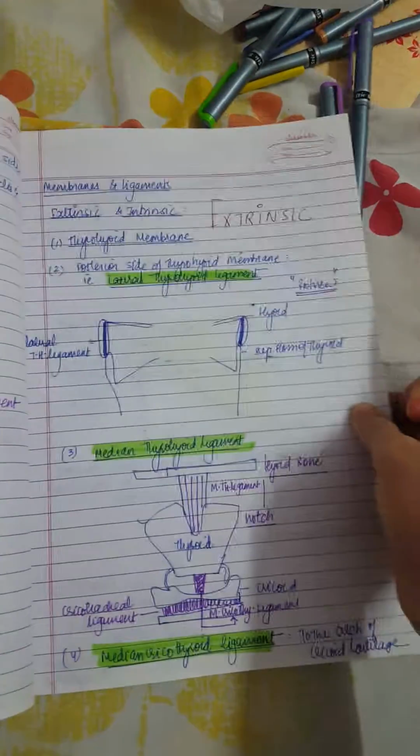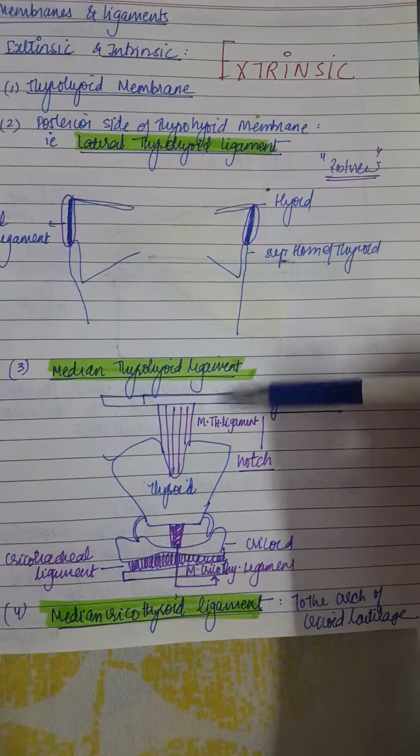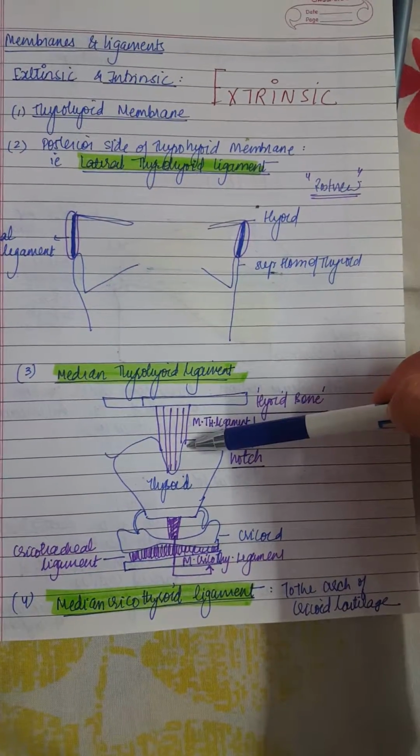Okay, now third we go for the median thyroid ligament. So the median thyroid, this is again the hyoid, this is the thyroid, and between them will be the median thyroid ligament. Okay, hyoid